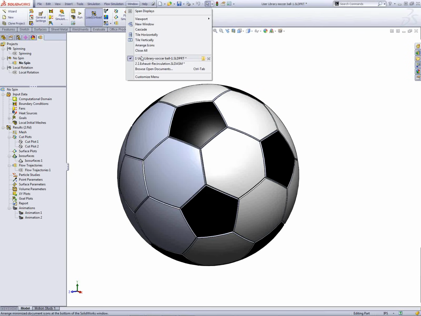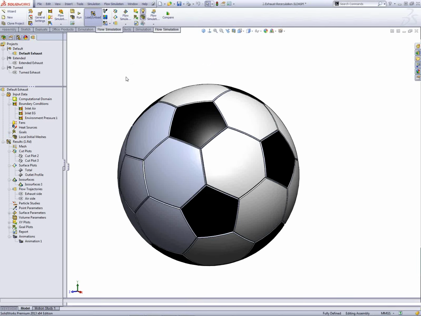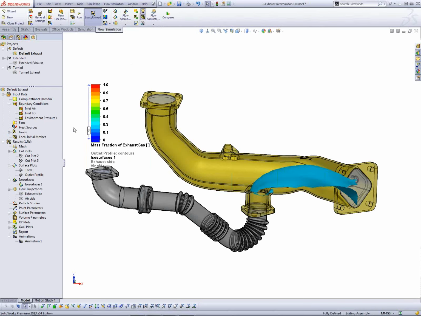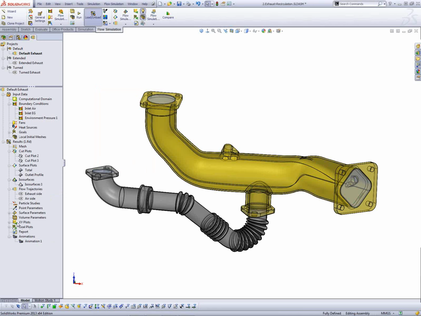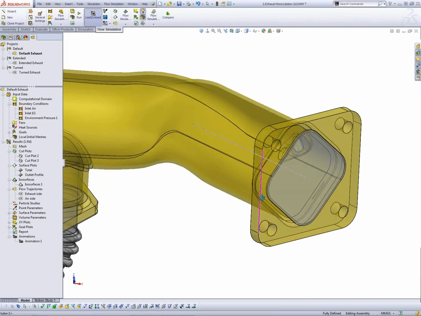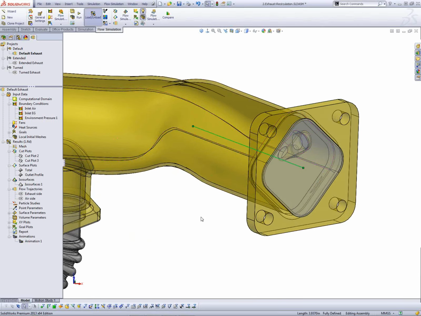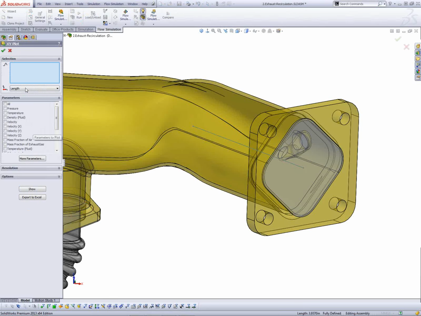And we're almost out of time, so switching back over to the exhaust system, what I wanted to show you here was the use of the XY plots. You'll notice I've got a sketch. I'm going to show the visibility of sketches. I've got a sketch line here in the outlet end of this pipe, and that line can be used in these XY plots to show you parameters of interest along that line. So I'm going to pick that sketch line,